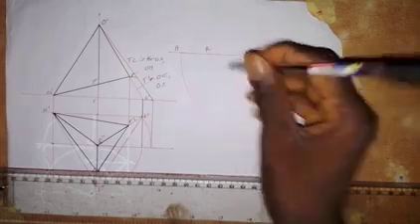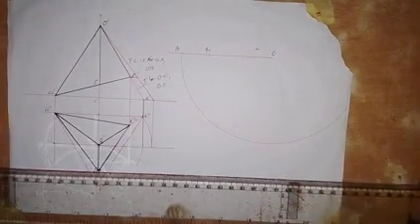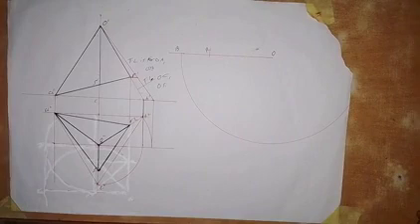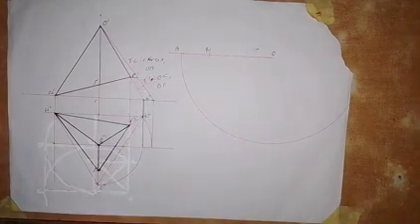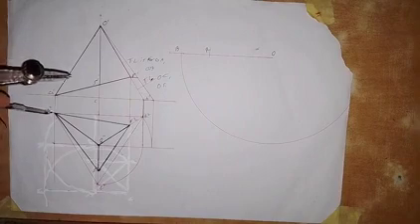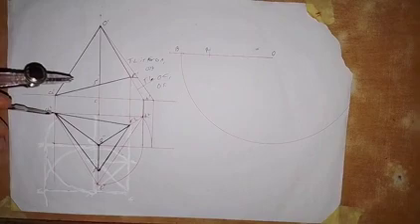So this is point R. The next thing that I'm going to do is to locate point A. So how can I do that? What I need to do is take a measurement of